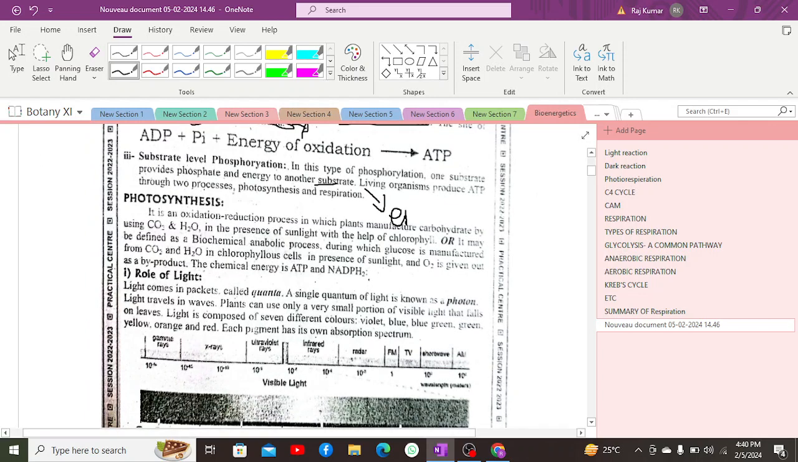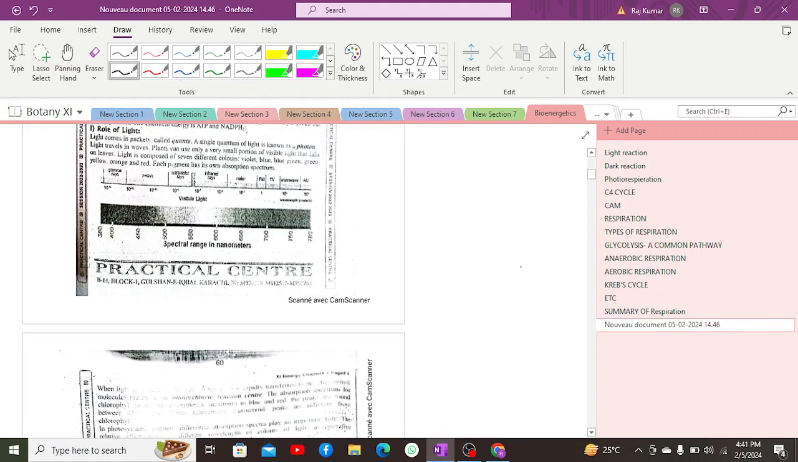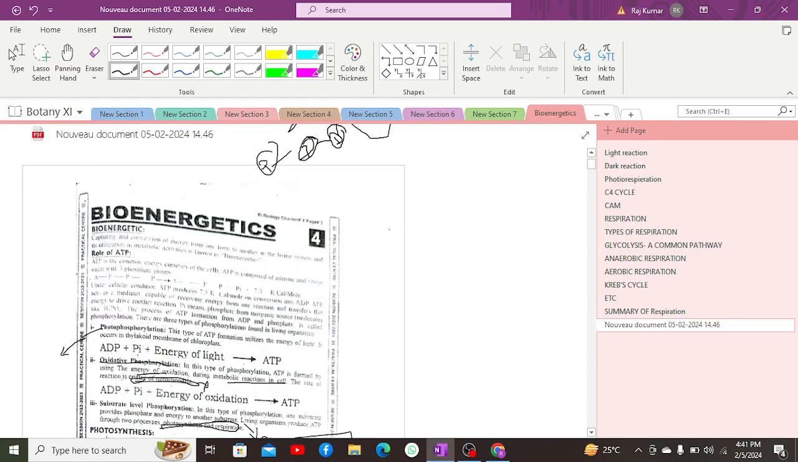A living organism produces ATP through two processes: photosynthesis and respiration. Now within photosynthesis there's a step in which 3-phosphoglycerate is converted into